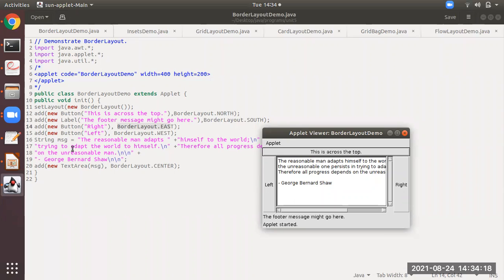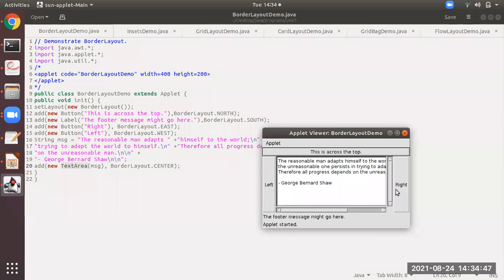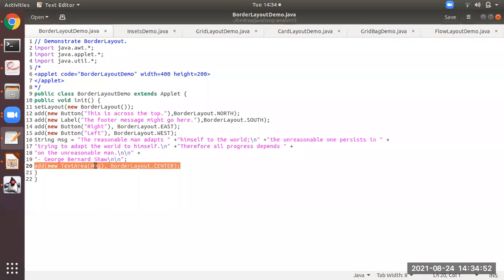That is this. Now you see here at line number 20, you are adding a text area. So remember students, when you are adding this text area, this is one program I will explain, don't worry. Like button, label, similarly you have one control in AWT, that is text area. In that you can write some message. So what you can see over here is the text area, where I'm rotating my mouse. In that, what are you specifying over here?